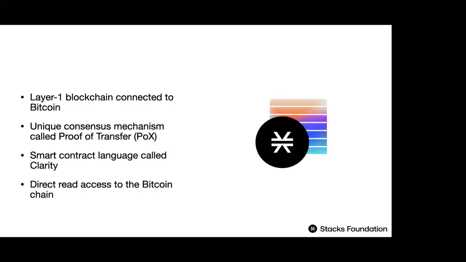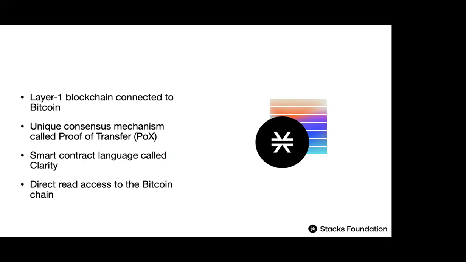Before we get into that, what is Stax? Stax is a layer 1 blockchain that is connected to Bitcoin. Some people have heard of Stax before, and they think that it's sort of like a side chain or it's merged mined or something like that. But this is not the case. It is its own layer 1 blockchain, but it has a unique consensus mechanism called proof of transfer, which